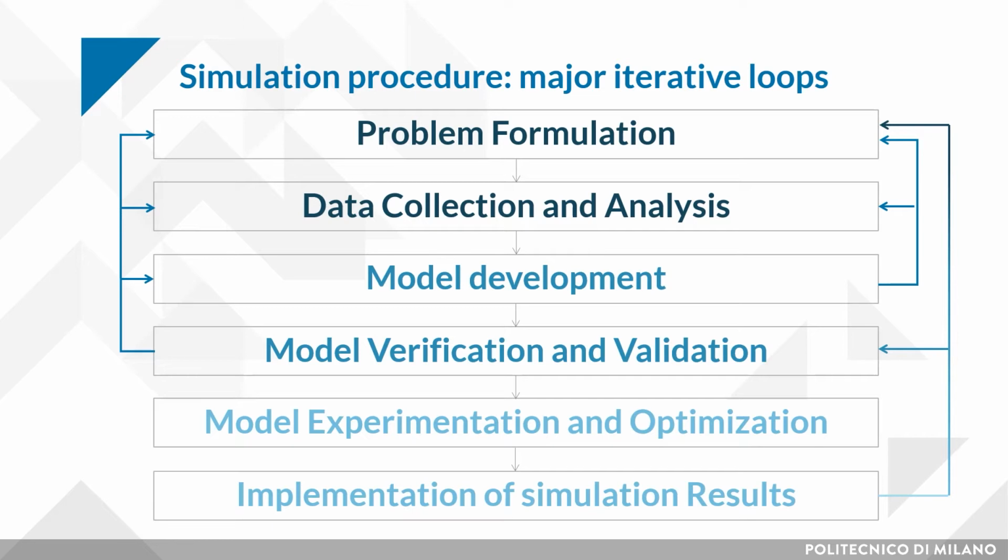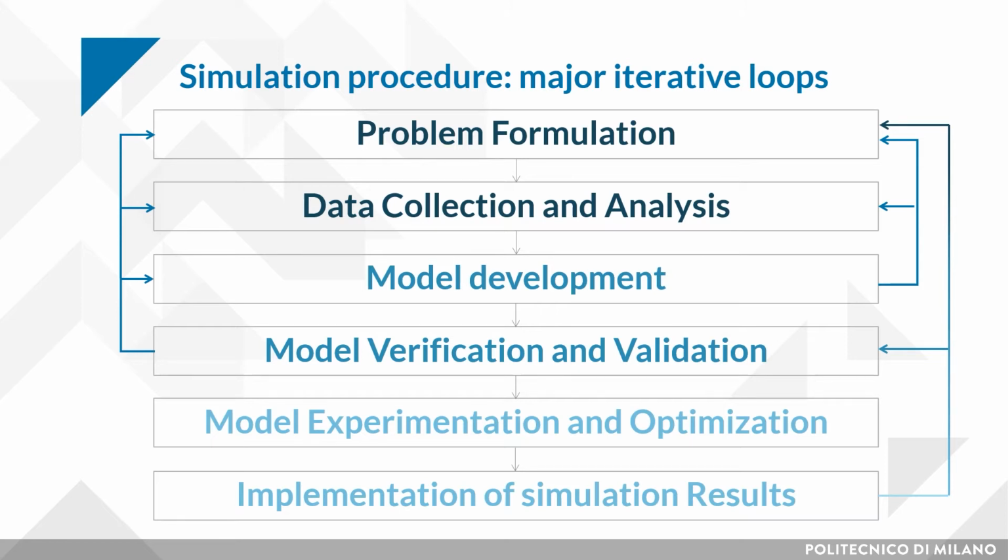Second step, collect data on system specification, input variables, as well as performances of the existing system. Identify sources of randomness in the system, for example, stochastic input variables, to analyze the data model, and then select an appropriate input probability distribution for each random variable and estimate corresponding parameters. Third step, develop the model according to the previous steps.